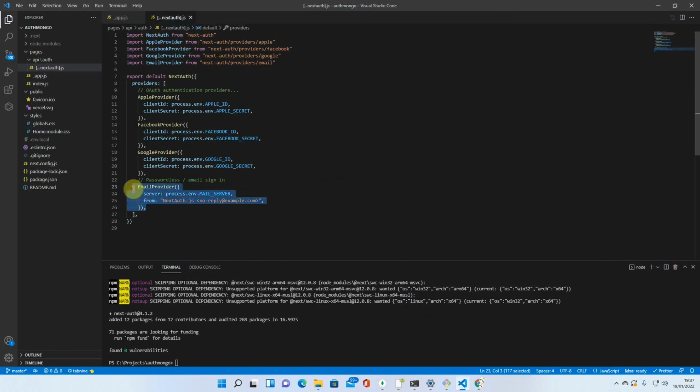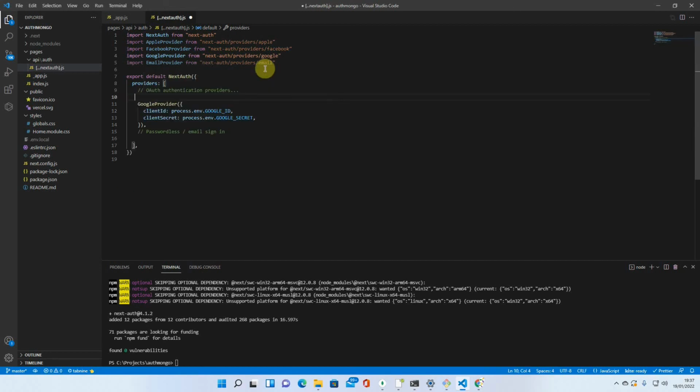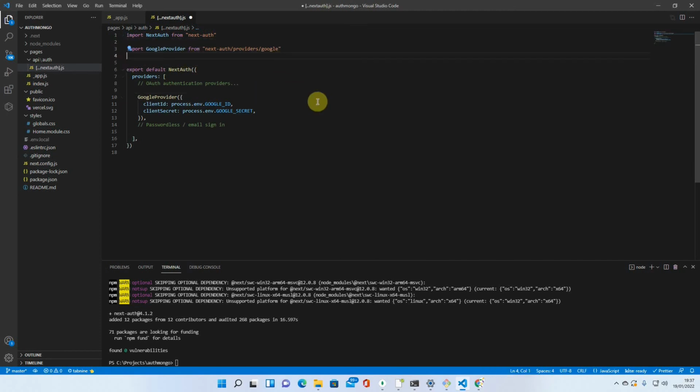We're going to get rid of these, I think, because we're not going to implement these. We're just going to implement a credentials provider and a Google provider. So I think we can delete those ones for now. Sorry, I lost my train of thought before. Just going to